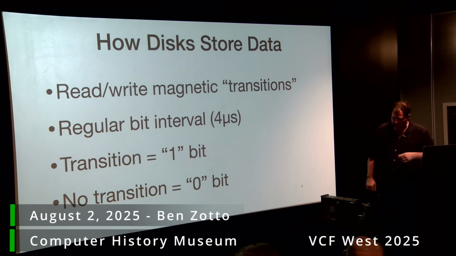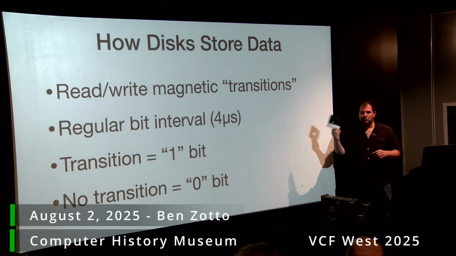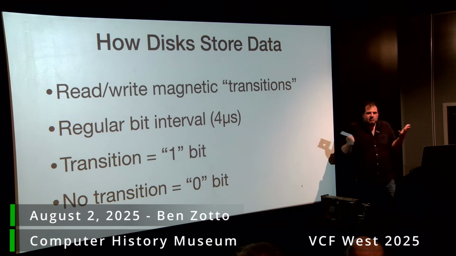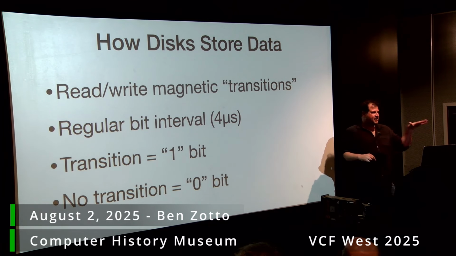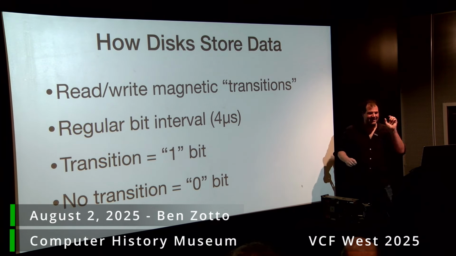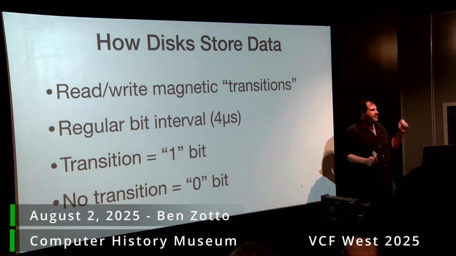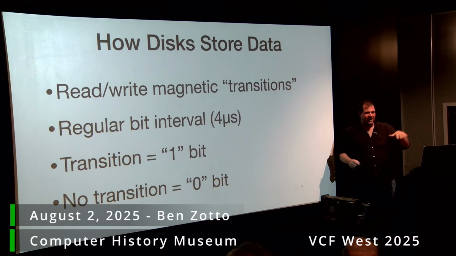The way disks store data, mini disks, is all about magnetic transitions. It doesn't read and write bits as such, right? It's an electromagnet. It flips the magnet one way or another, and it does it every 4 microseconds. A microsecond is a millionth of a second. I say this to remind myself because I get confused. A millisecond is a thousandth of a second, and then there are 1,000 microseconds in a millisecond. If I'm wrong, somebody please correct me. And a nanosecond is another 1,000, but we're not going to talk about nanoseconds.